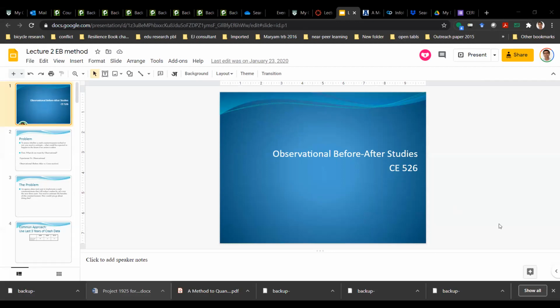So today's lecture, we are talking about observational before and after studies. The observational before and after studies are a very important piece of safety analysis, and in some ways they're also very critical to how we make decisions. So ultimately, it's decision making. It's very critical for decision making, and because it's so important to safety, what we are trying to do with this approach is that we are trying to